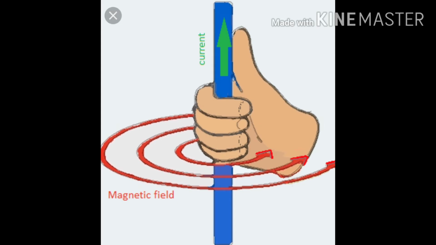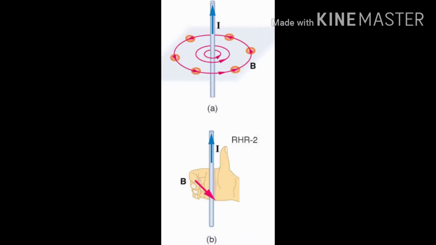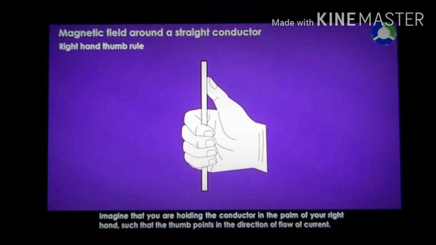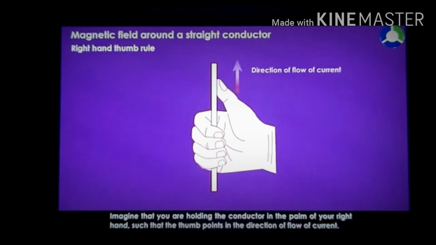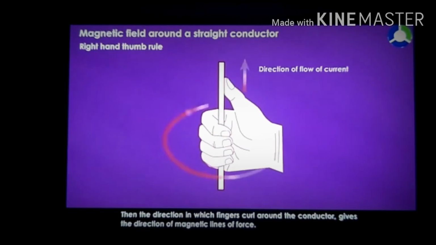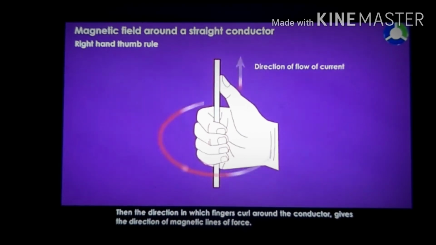Similarly, for current flowing in the downward direction, you have to put your thumb in the down direction, and the curling of the fingers will now be in the opposite direction. So as you change the direction of the current, the magnetic field lines also change. First it was anti-clockwise, you can do it with your hand. Anti-clockwise means opposite to how a clock rotates, and then if you put your thumb down, the curling of the fingers is happening in the clockwise direction. So this is how you can find out where the magnetic field lines are generated when there is a current carrying conductor. This video can also tell you.